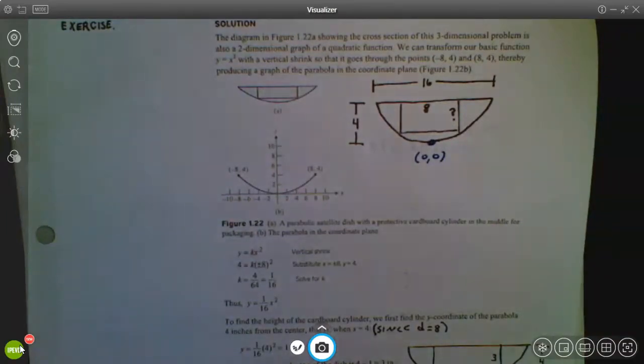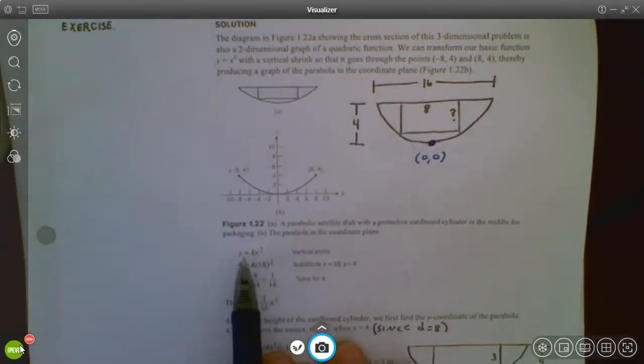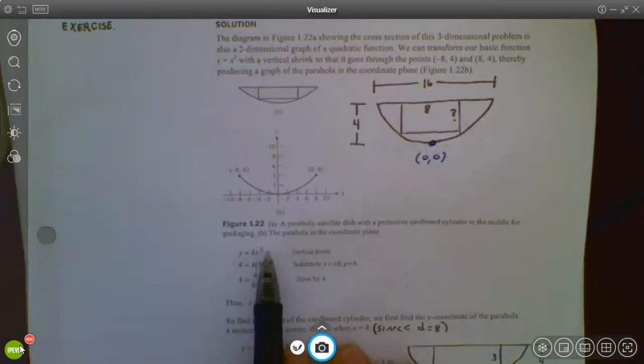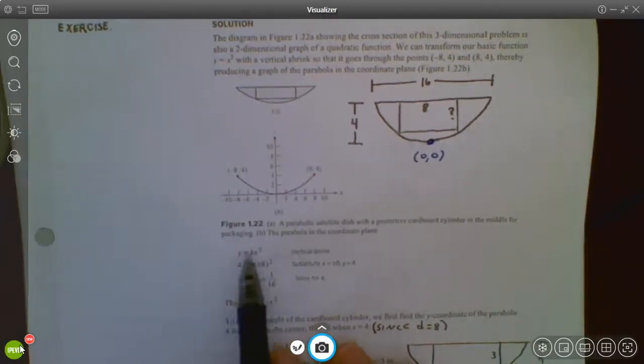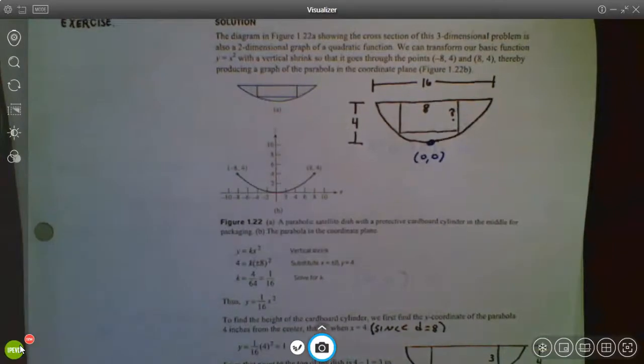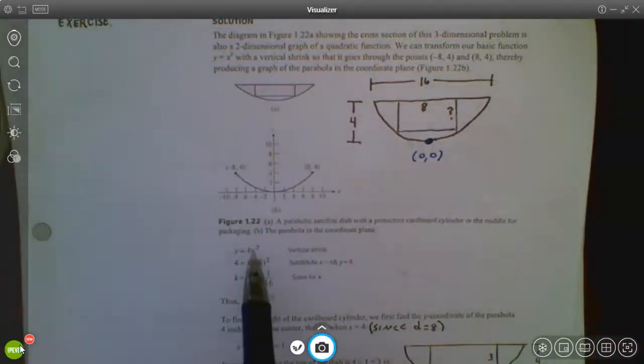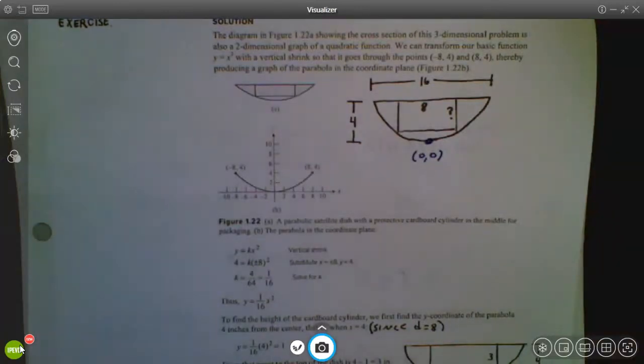What we can do with that then is, because it's a parabola, we can just use the model of the formula for a parabola, which is y equals something x squared. We get the very simple version of a parabola because our vertex is at 0, 0, right? So that's obviously why we would want to put it in the center. So if our vertex is 0, 0, then it's just y equals, they have it as kx squared. I think I would have said ax squared, but either way,